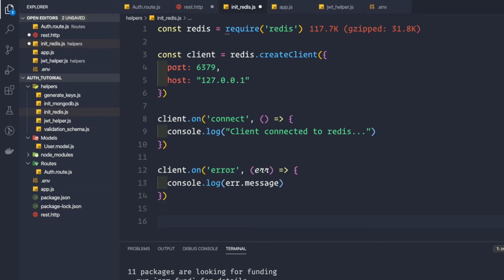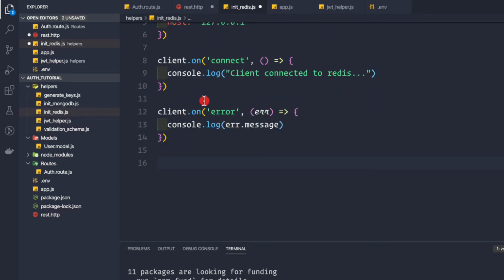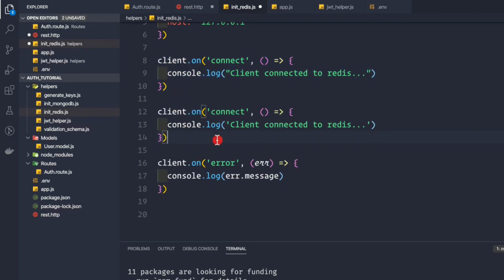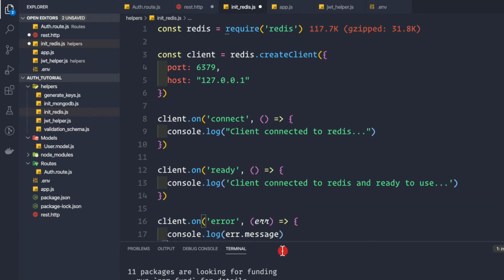And then we have one more event, and that is the ready event. So we can simply copy it from here and paste it here, and here we can say client connected to Redis and ready to use. Now we have one more event here, that is the end event, when the client is disconnected from the Redis server.